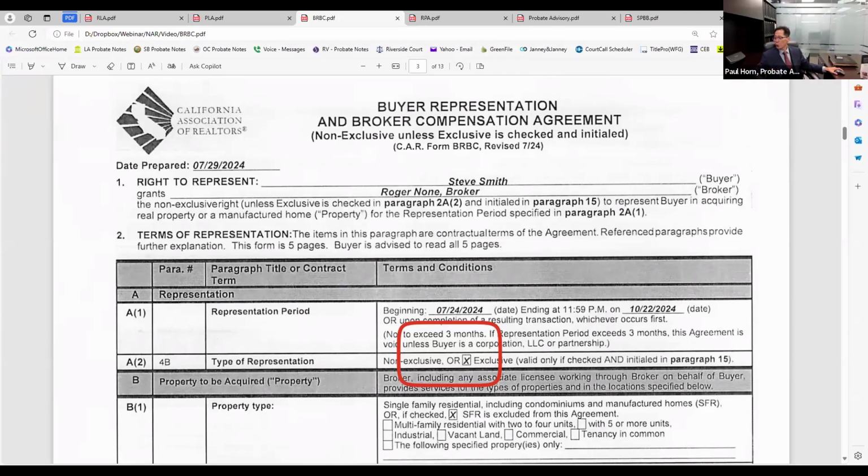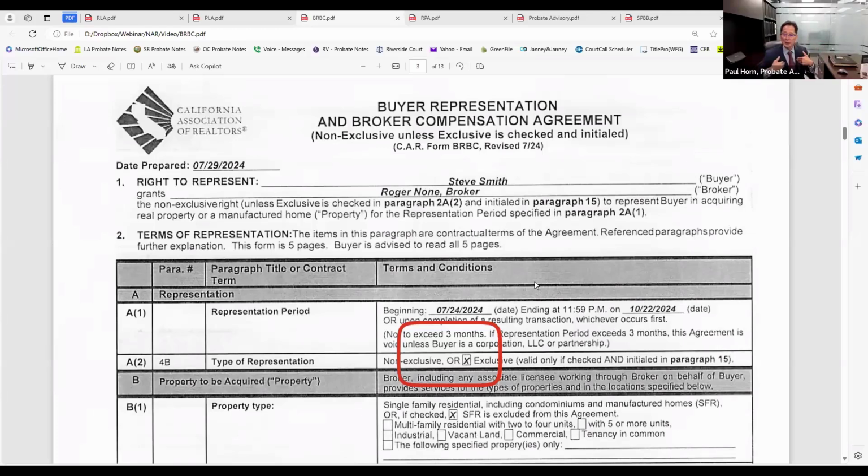So here is where you fully negotiate what the buyer is willing to pay you. Okay, so that's where you negotiate with the buyer what they're willing to pay you. So very, very important, before you show a house, if you want to get paid as the buyer's agent, have them sign this form.